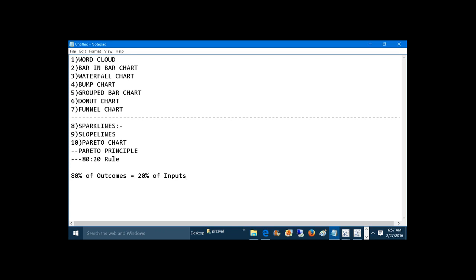Or the 80% of the sales will be obtained from 20% of the products. So in that way, this Pareto principle states. So let's apply this Pareto principle in the form of a Pareto chart in Tableau. To demonstrate this, I am taking